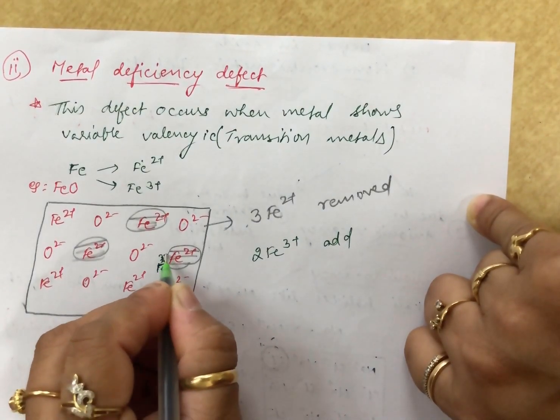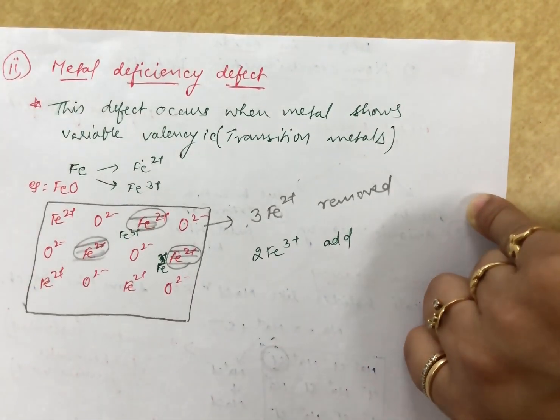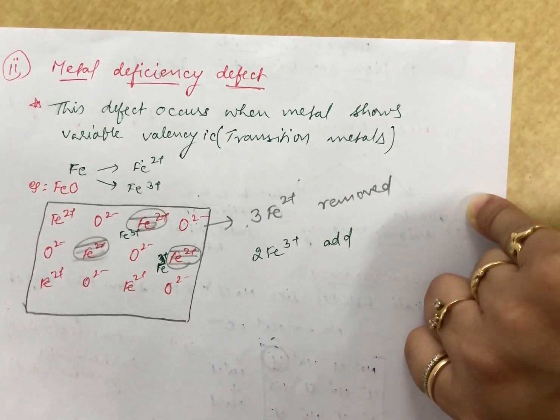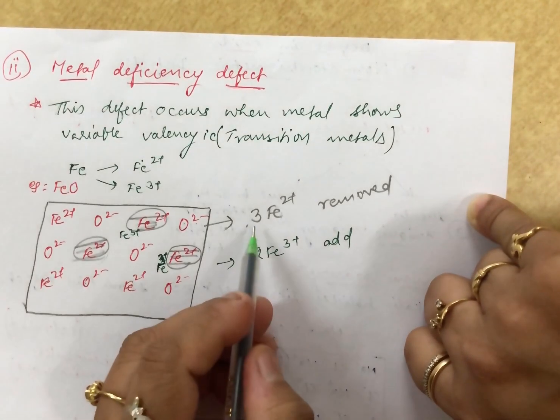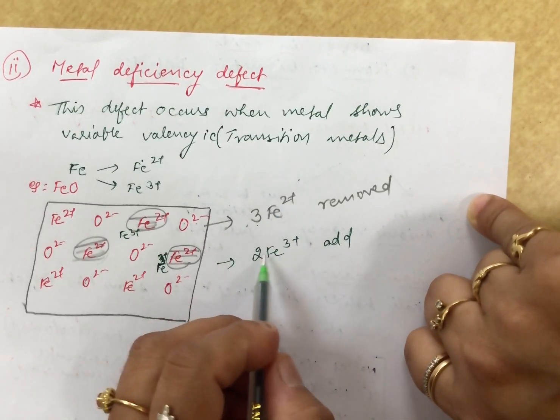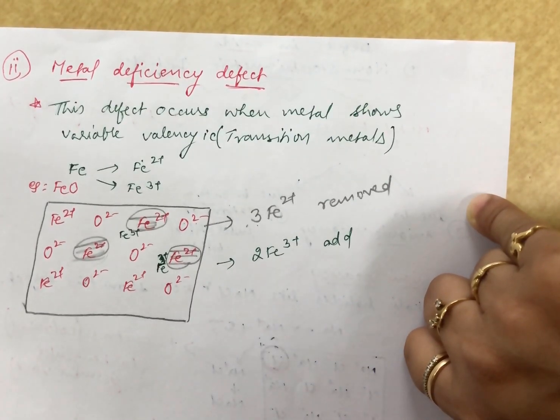Let me show that this is the place where I am adding one 3+, and this is another 3+ added over here. So this will still remain vacant. But then, students, you will see that electrical neutrality is maintained over here. This was 3 times Fe2+, so plus 6 charge, and I have added 2 Fe3+, so charge is still maintained. So here also electrical neutrality is an important point to be discussed.